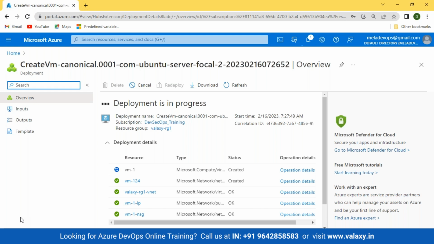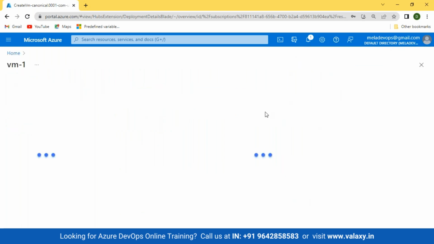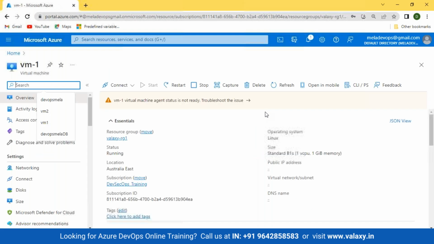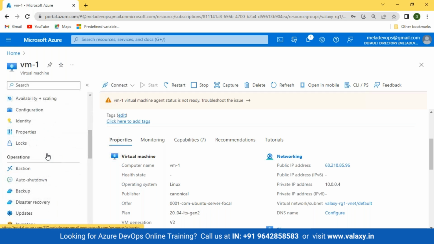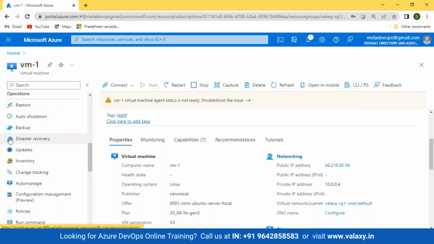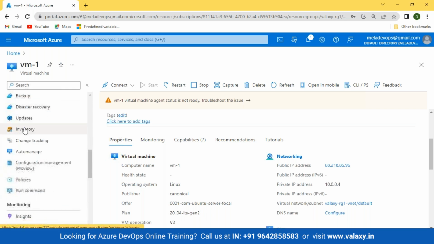No problem. So let me go to the resources. Now we have this VM created. I'm not logging into the VM, I'm just showing the disaster recovery plan to you guys. If you come down at the left hand side, there is an option of disaster recovery, which is under operations. If you click over here,